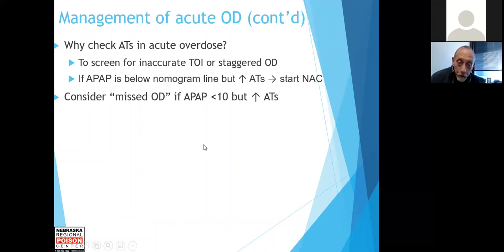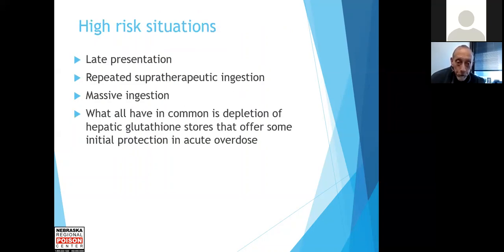So why are we checking the liver enzymes in somebody who's only 3 or 4 hours out from their ingestion? Well, it's just a check, because we know for various reasons in intentional overdose patients, the histories may not be completely reliable. So it's a way of screening. If we find those liver enzymes are elevated, that's a clue that the history may be incomplete or maybe inaccurate, and we're going to treat them based on the labs. We're going to trust the labs, and we're going to treat them.